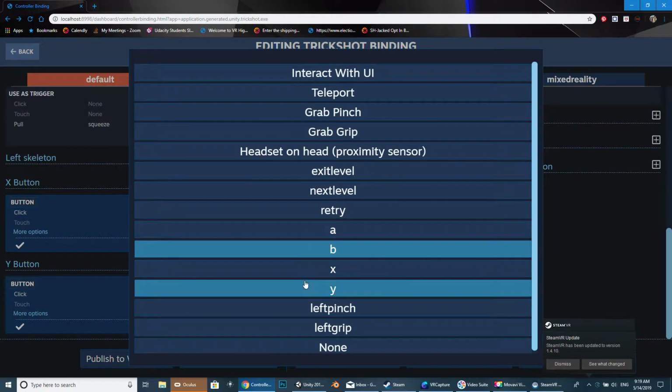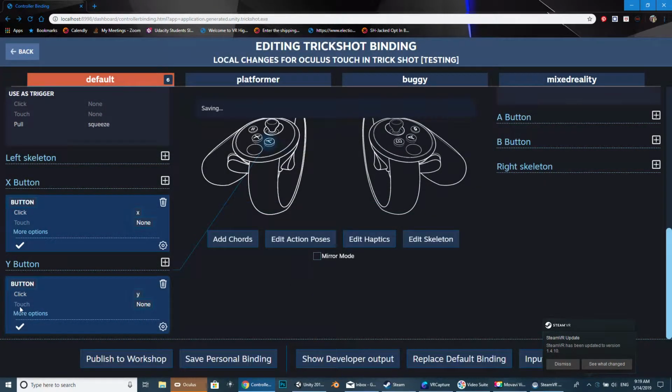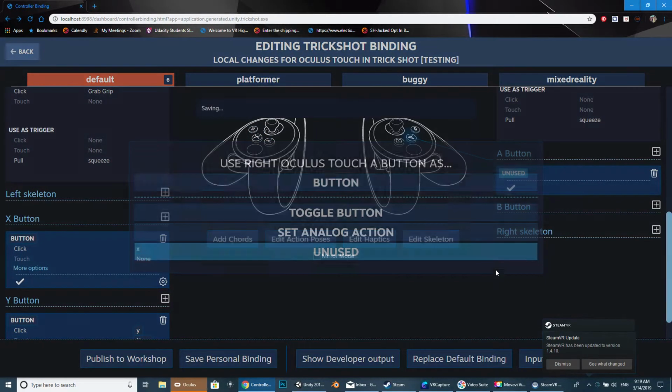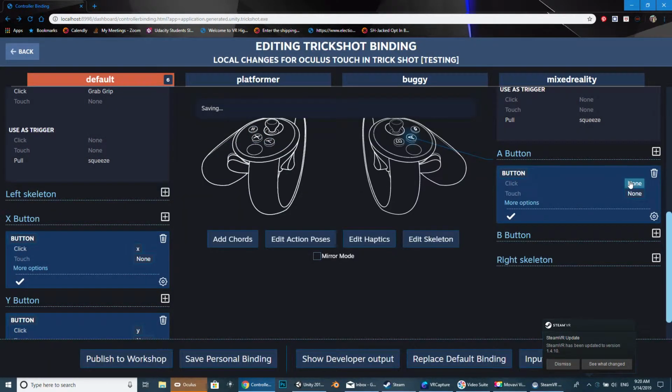Okay, and you're going to see here, if you just put your finger on it, there's also options to put haptics into that. So if you just want to detect if the user's touching Y or touching X, you can use these two here for that option. So I'm going to go over here, and I'm going to use the same click for A and